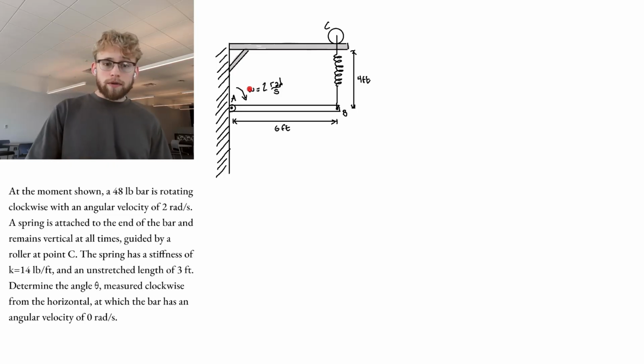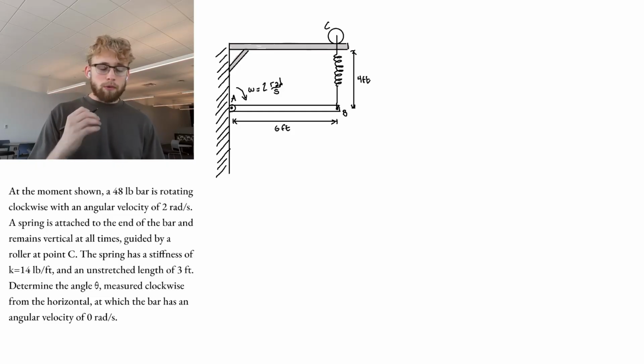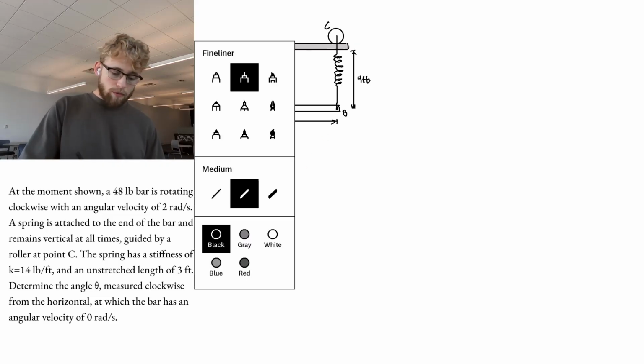We have a bar that's swinging downwards at 2 radians per second, anchored at A. We have a spring that's always going to stay vertical, going from C to B, that has an unstretched length of 3 feet. And what we want to find out is at what point does that spring get so stretched by this moving downwards that it slows the bar down to a stop. So somewhere in here,